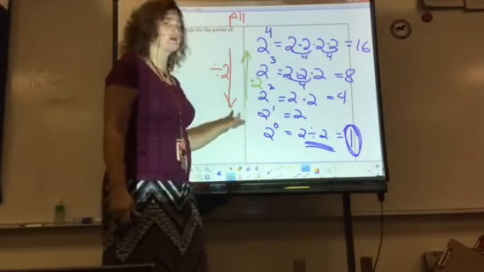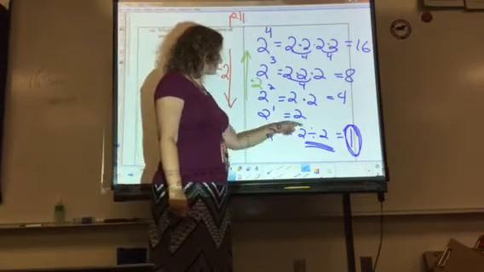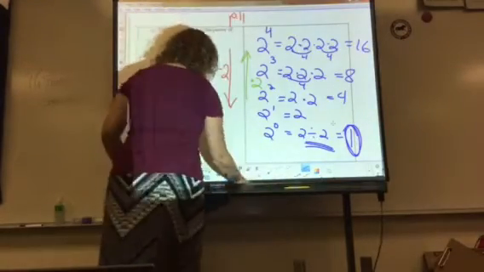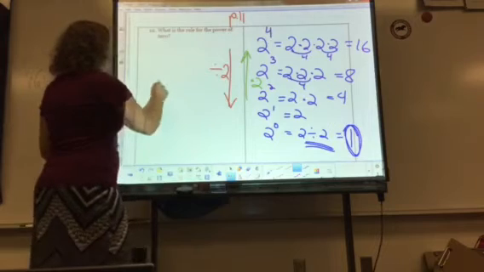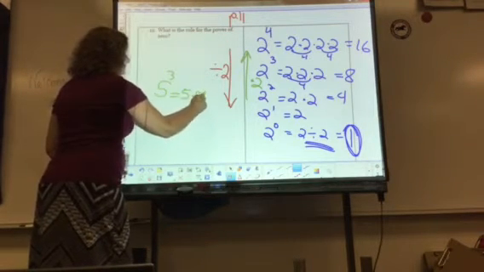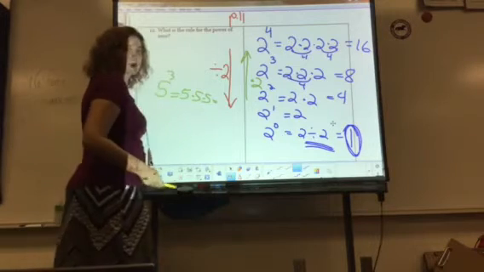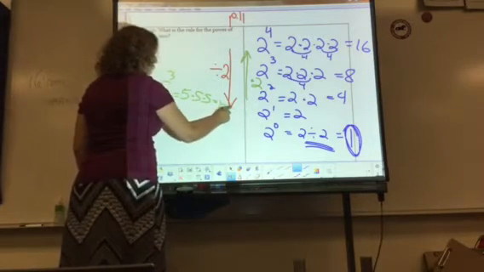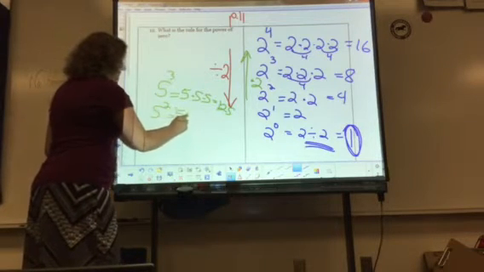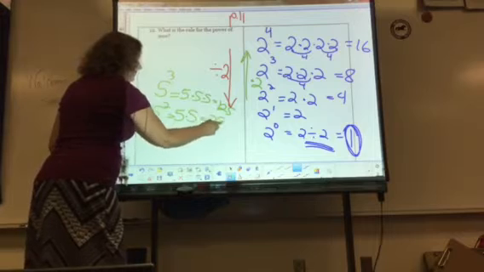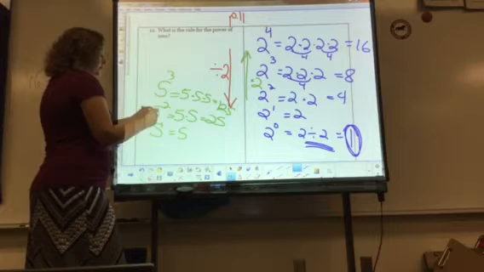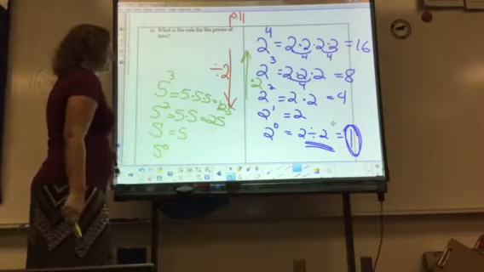Every time there's an exponent of 0, it means the base number is dividing by itself. Let's try this with 5, just to prove it one more time. Over on this side, 5 to the 3rd power means 5 times 5 times 5. 5 times 5 is 25. 25 times 5 is 125. What if we go down one? 5 to the 2nd power. That means 5 times 5, which is 25. If we go 5 to the 1st power, that's 5. What would 5 to the 0 power be?